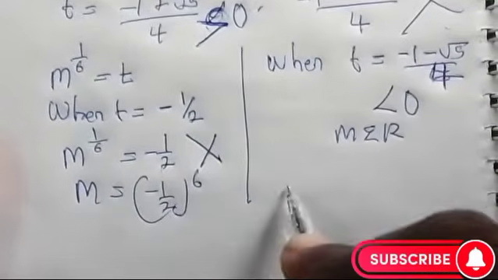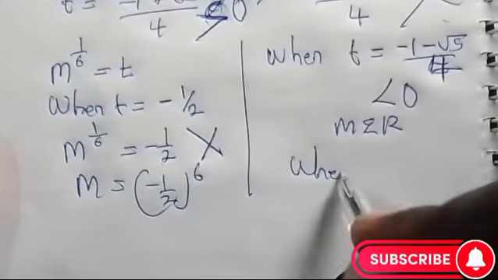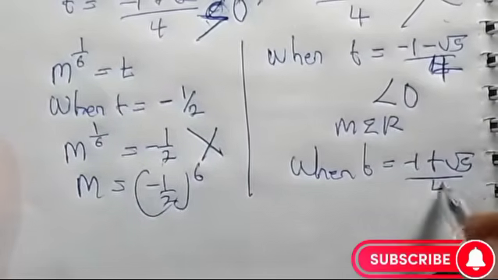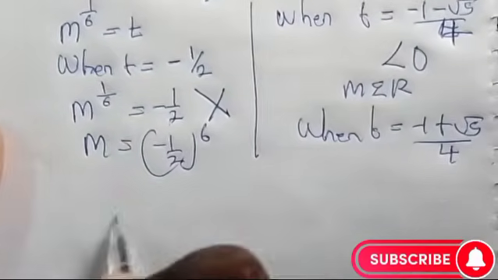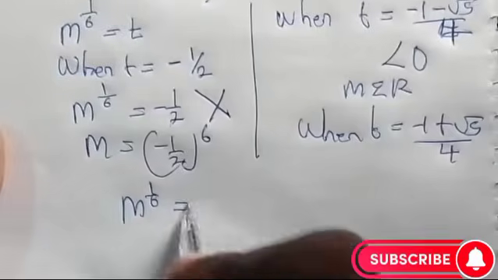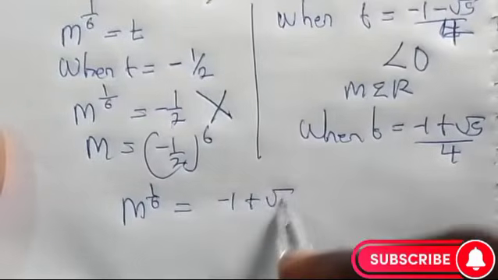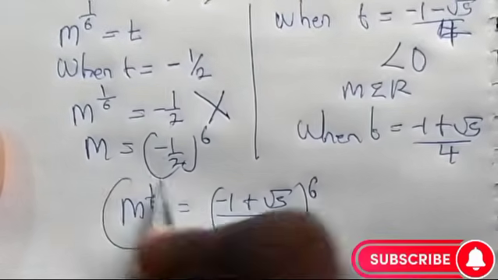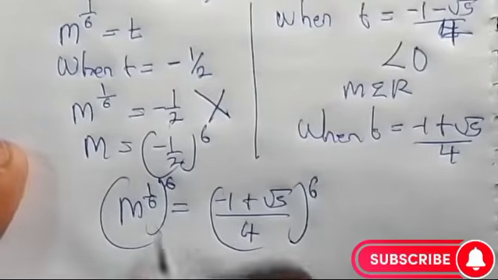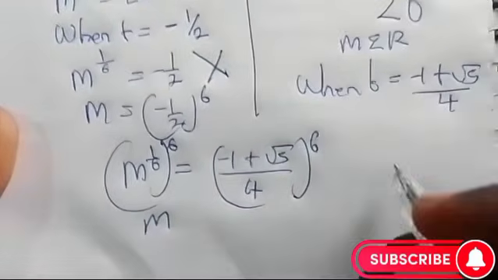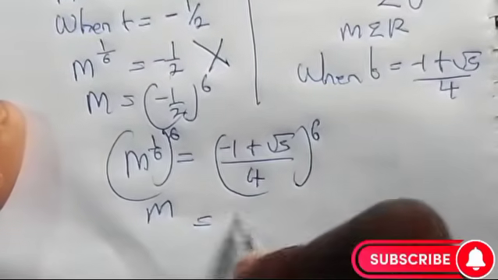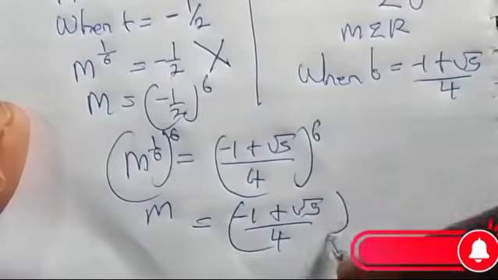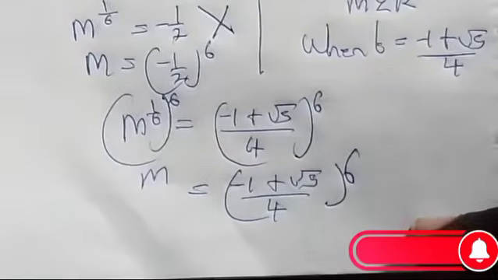Now let's look at this. When t is equal to minus 1 plus root 5 over 4, we are going to have m raised to power 1 over 6 equal to minus 1 plus root 5 over 4. Raise both sides to the power of 6. We are going to have m equal to minus 1 plus root 5 over 4 raised to the power of 6. Opening to my next page,